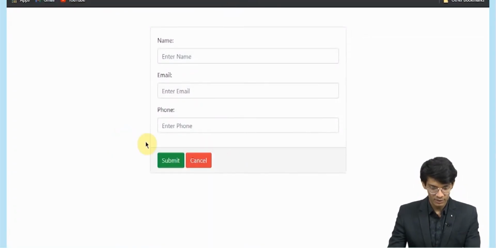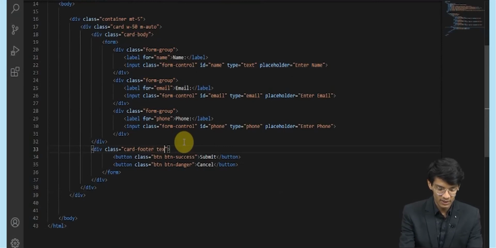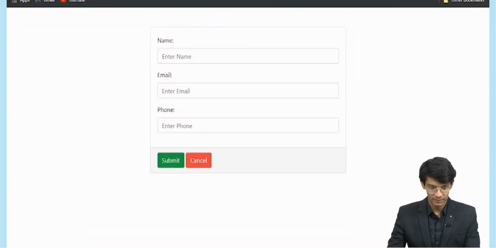Now as you can see, inside that particular card footer we got the two buttons, and we will give it text center.